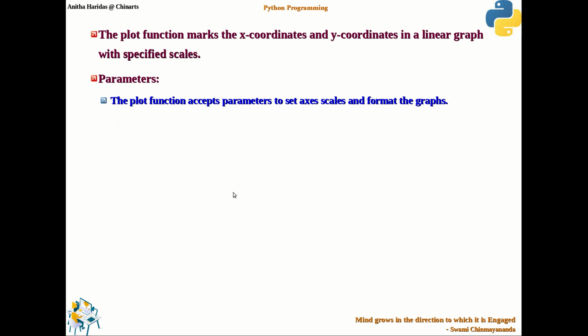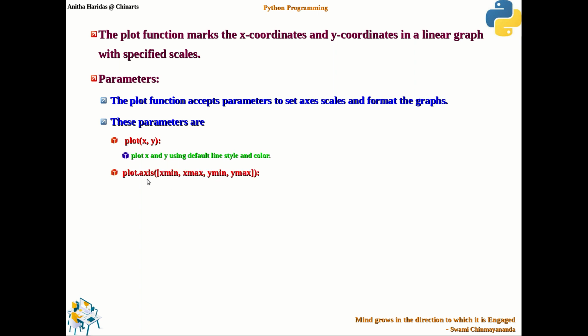And these are some of the parameters that are used in the plot function. So it accepts parameters to set the axis values and also to format the graph. These parameters are x and y to give the values, then the axis function to specify the x minimum and x maximum, y minimum and y maximum for both the x axis and the y axis.